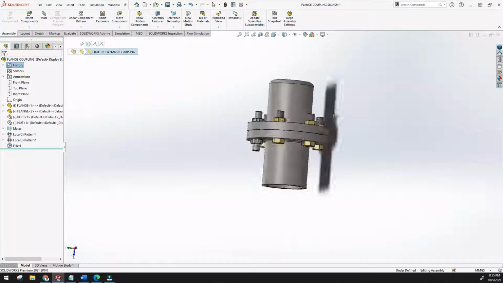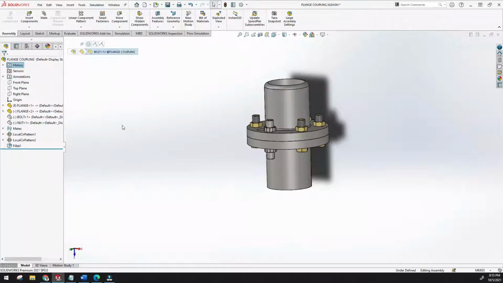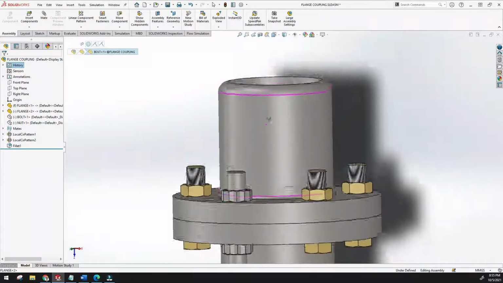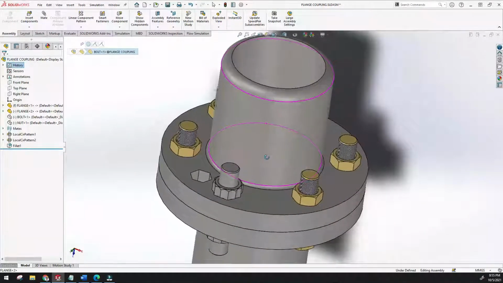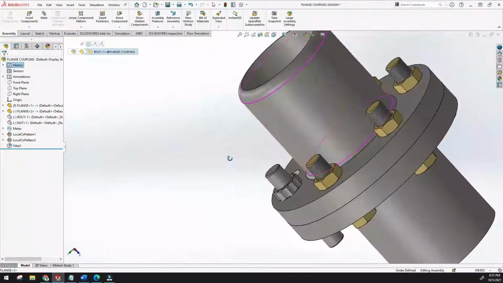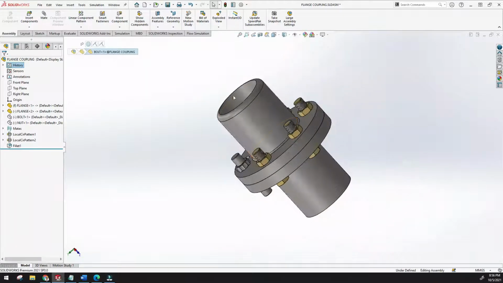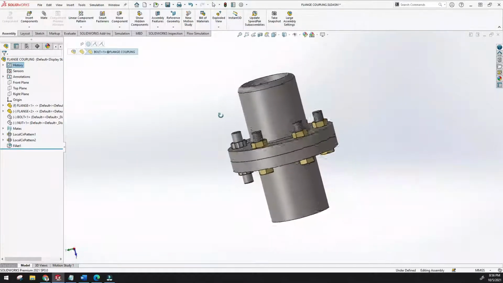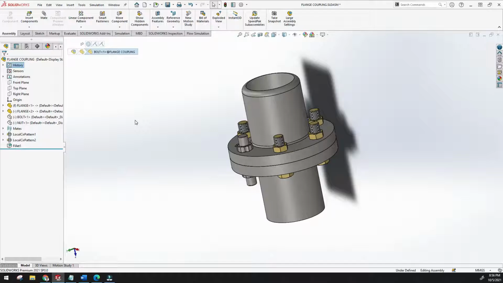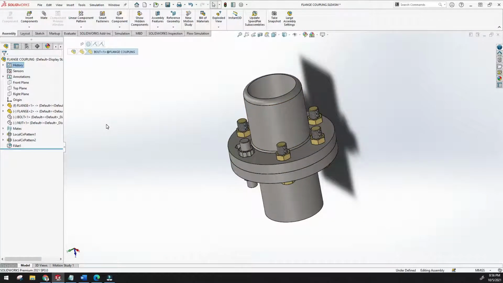What is actually a cavity? A cavity is like molding on the solid body. You can punch any solid body to remove the material, and you can make the shape of the components, whatever component or part you are using. That shape will be created on the solid part. It is actually removing from the solid part.